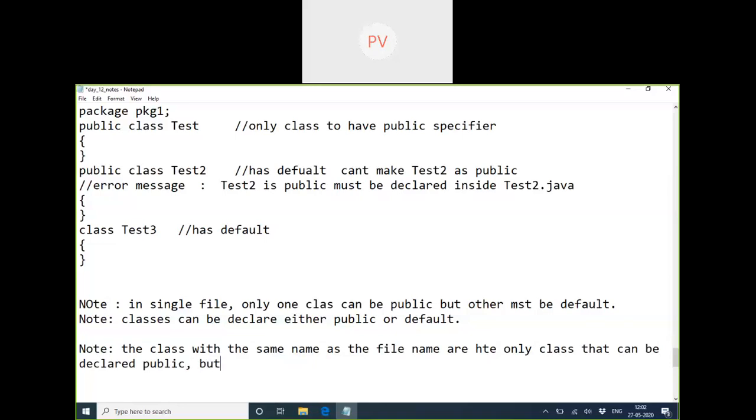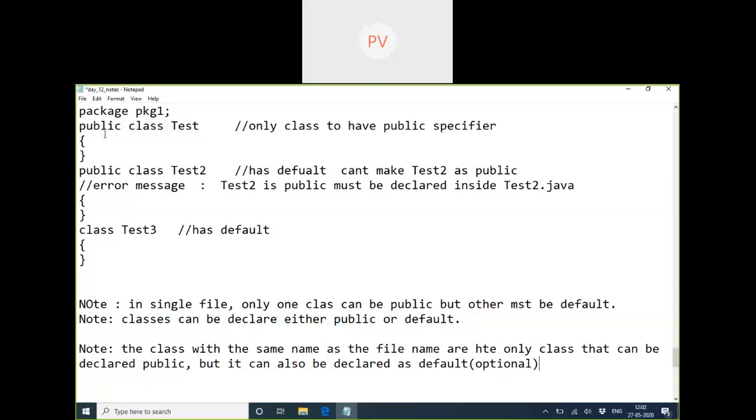But it can be declared default also. This is optional. It's up to you. But the only class which can be public is the class which has the same name as the file, not more than that. Is that clear? Any confusion till here? No, ma'am.